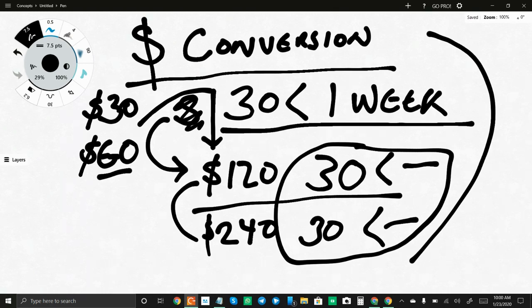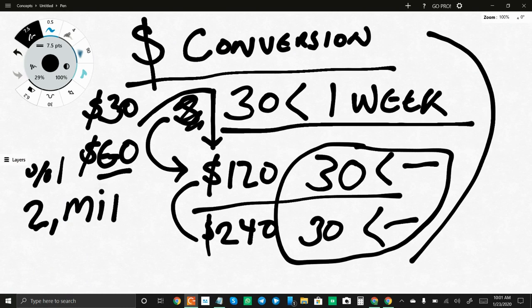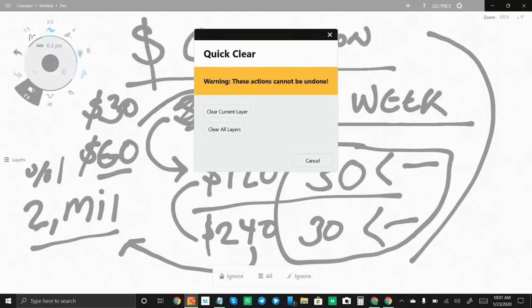So what we can do now, let's say we all know audiences eventually dry up with Facebook ads. If you have an audience of 2 million, let's just say the 1% match on your lookalike audience is 2 million, okay? And eventually you're going to burn through this audience, right? At 240 bucks a day, eventually you're going to run out of people to show this advert to, and it's going to slow down and die out. So now what you can do is once you hit this point,